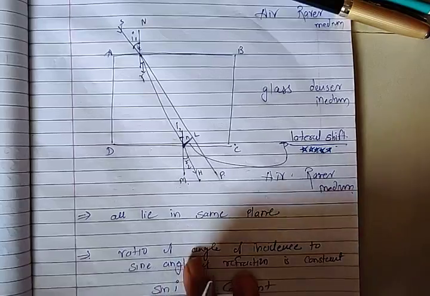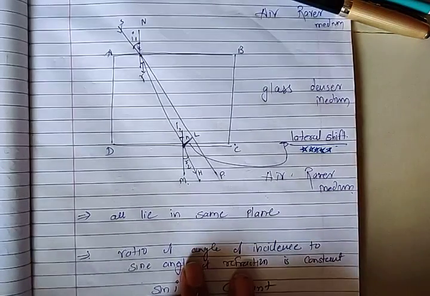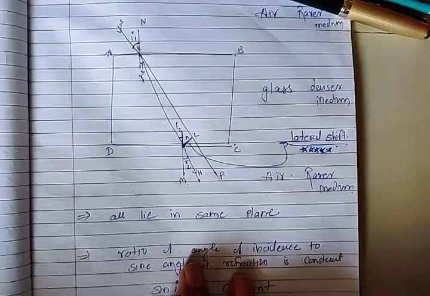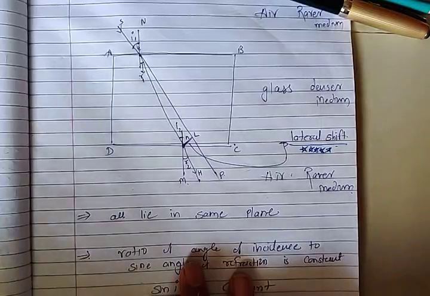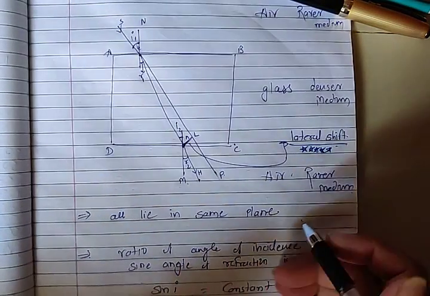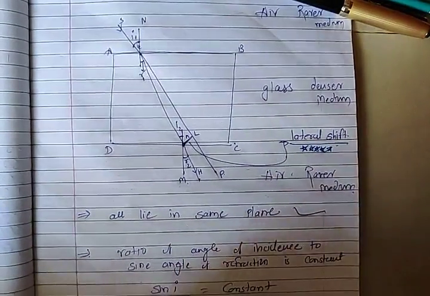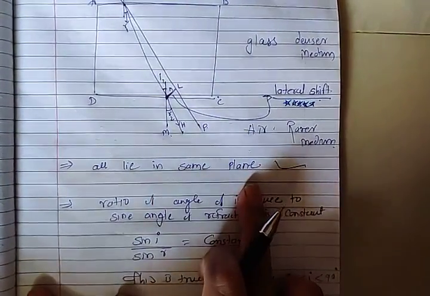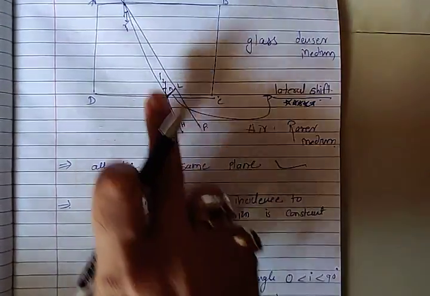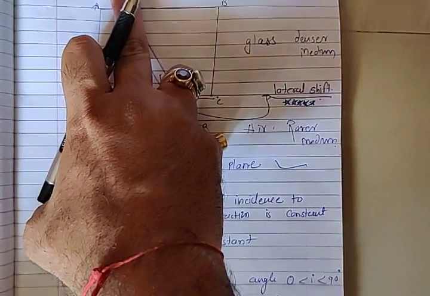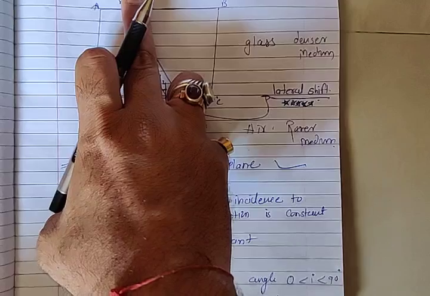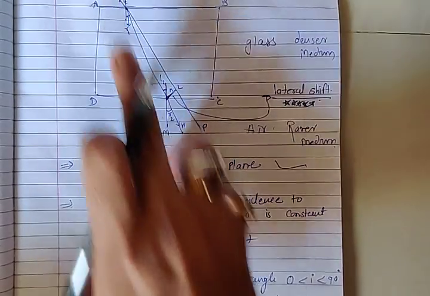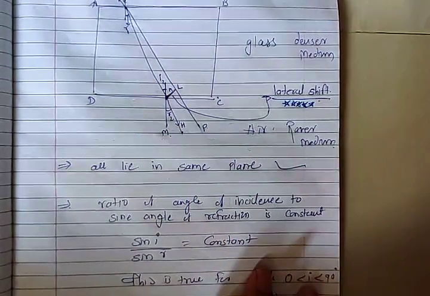Now, as per the law, we have to remember certain basic things and coordinate all these parts. So we come to two laws, which carry a weightage of 2 marks. First law: all lie in the same plane. I am writing in short: the incident ray, the refracted ray and the normal to the interface of the two transparent media at the point of incidence all lie in the same plane.